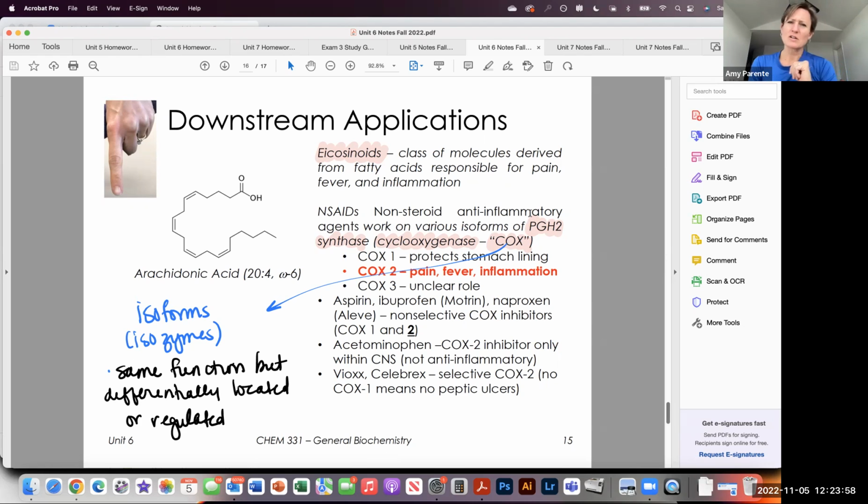Most drugs, and we're going to learn about this as we get into kinetics in our next learning unit after we finish enzyme chemistry here, but most drugs operate by interfering with the activity of an enzyme, okay? And they don't let that enzyme do its function, make its metabolite, whatever it happens to be. So in this case, yeah, we have the ability to prevent the production of those molecules that cause pain, inflammation,